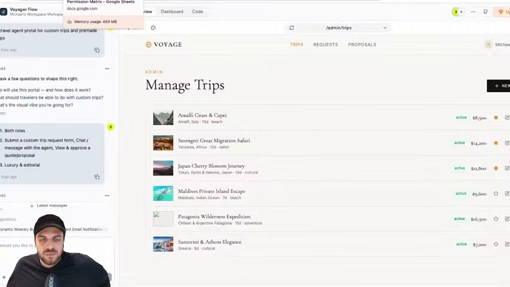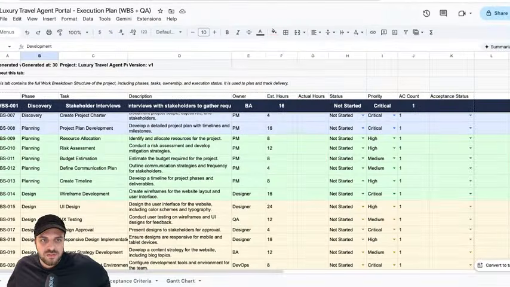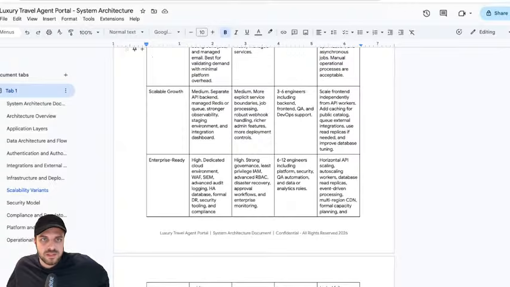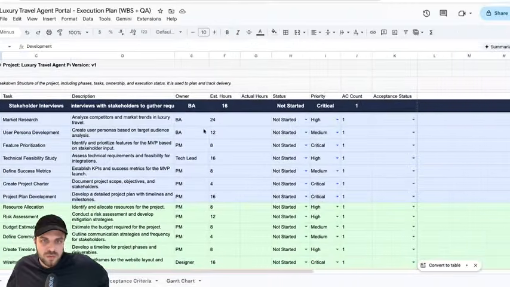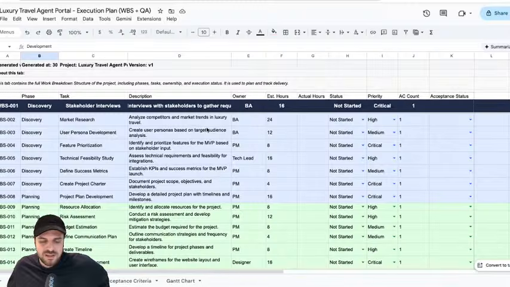And for me, the most important structure, if I would narrow it down into two documents, would be the WBS plus the business requirement document, the BRD. Because those two help you to actually create the framework and the structure for executing your plan. So if it's on